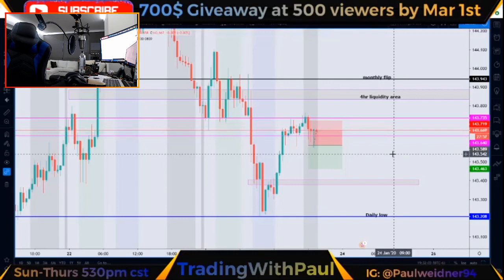Rejection from down that area. It shouldn't have made a lower low. It shouldn't have broke the 3 hourly wicks though. It shouldn't have broke the low if it wasn't going to. Well, even if that tail, I call it tail, even if that breaks,